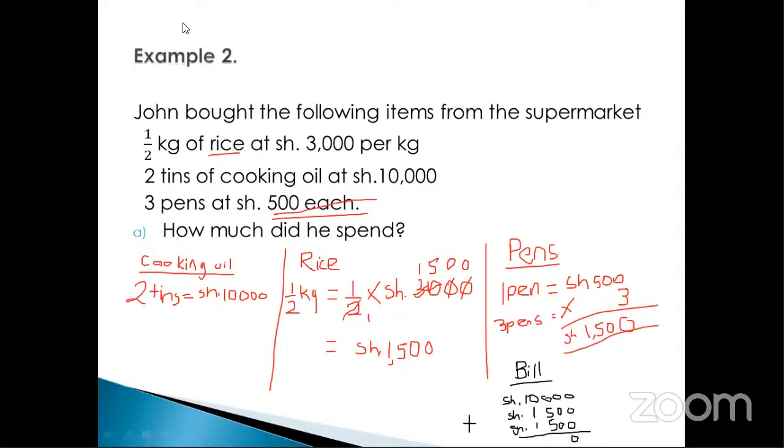So let me pick only Beatrice. Beatrice, can you come and add? Yes, can you add for us? Hey, Beatrice, you are not unmuting. Okay. Murunji,